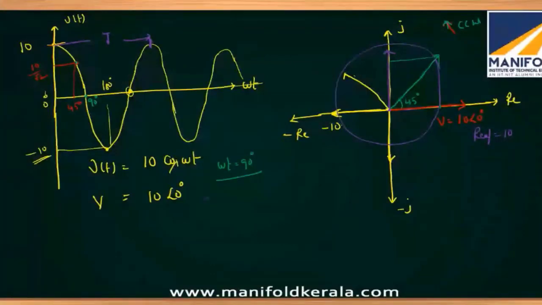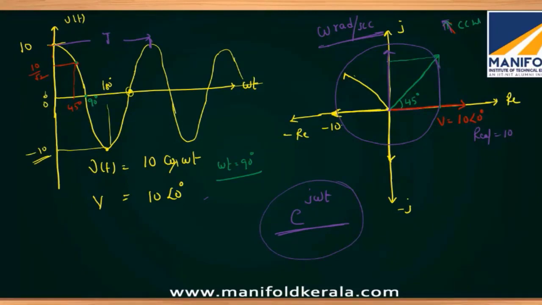So your voltage or current phasor is not a fixed quantity. It is continuously rotating in counterclockwise direction. At what speed? At omega radians per second. That is the mathematical significance of that e power j omega t term. So this e power j omega t term specifies that your voltage phasor is continuously rotating in counterclockwise direction with